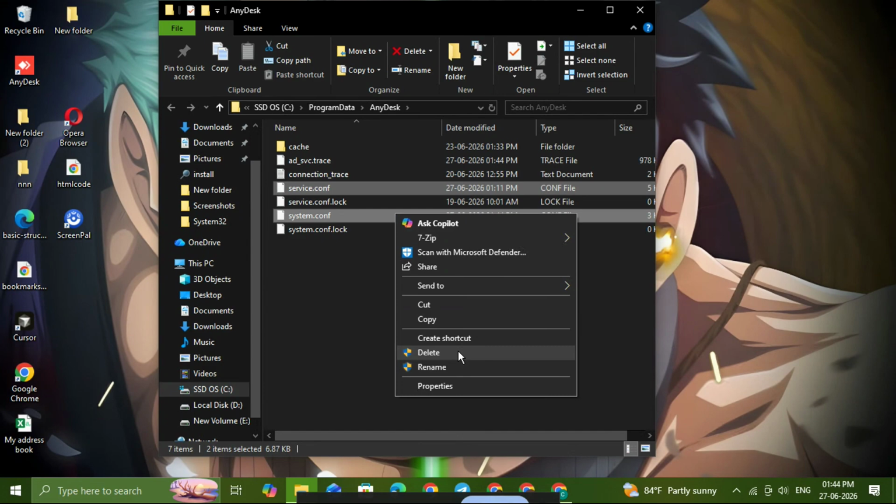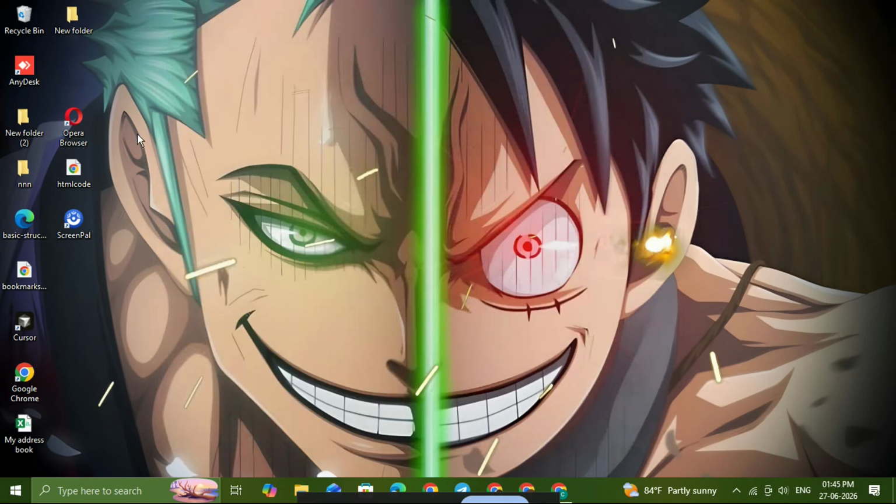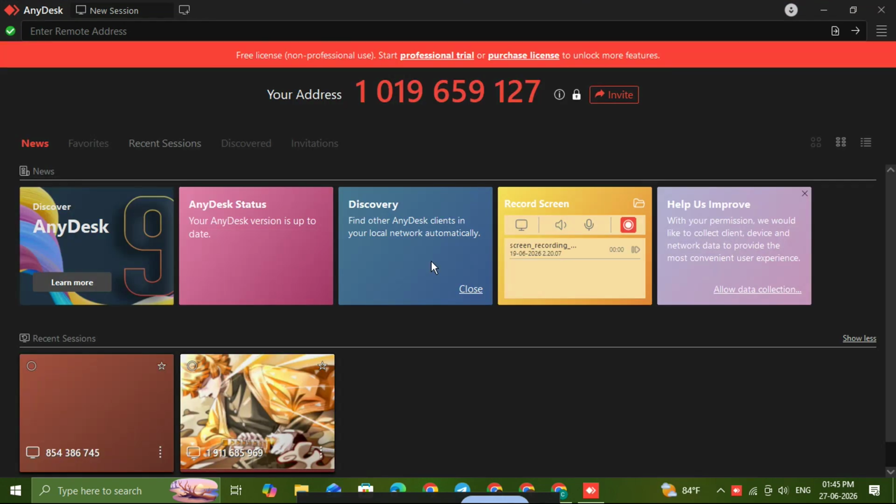Again, make sure AnyDesk is closed before doing this because the app may recreate or lock the file if it's still active. After deleting the file, the last step is to restart AnyDesk. Open the program again normally and let it load fresh. In many cases, AnyDesk will rebuild the needed settings automatically, which can clear the timer problem and help the app